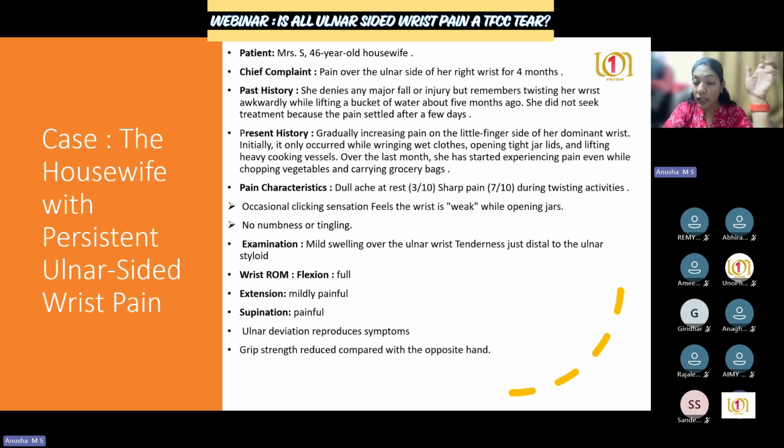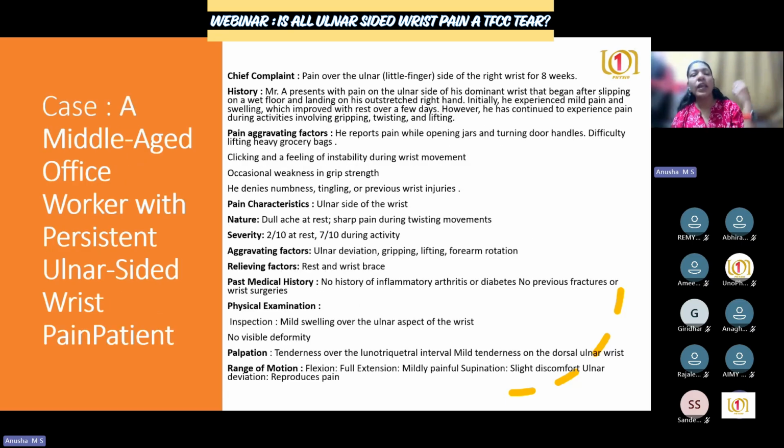So we can check the foveal sign, and if it is positive, we can test it again with the TFCC load test. We should perform at least 2 or 3 tests to confirm the TFCC itself. That is something we can do in this case. And the reason I'm not doing other tests here is that the symptoms are not showing a problem of the other structures.